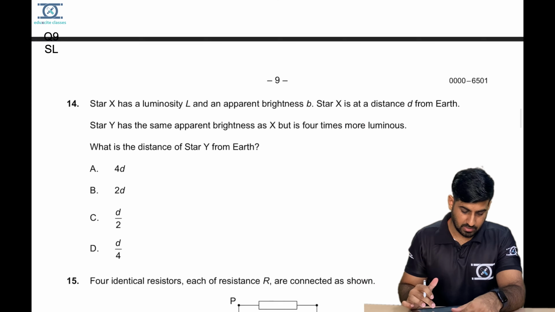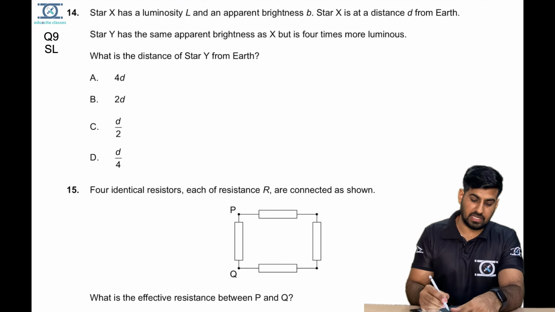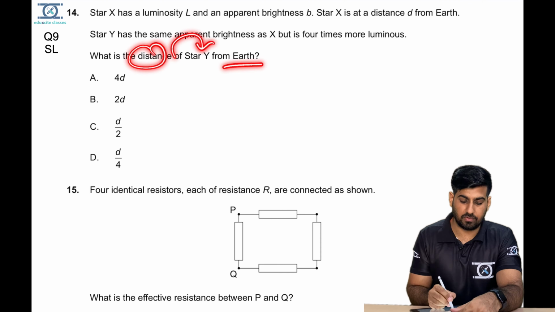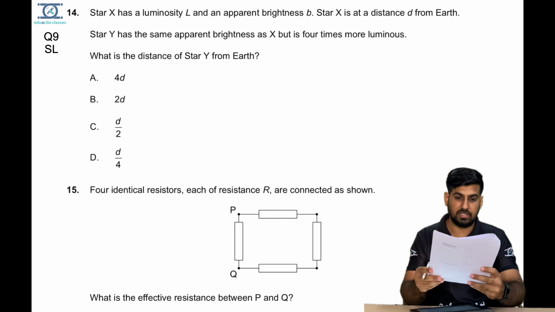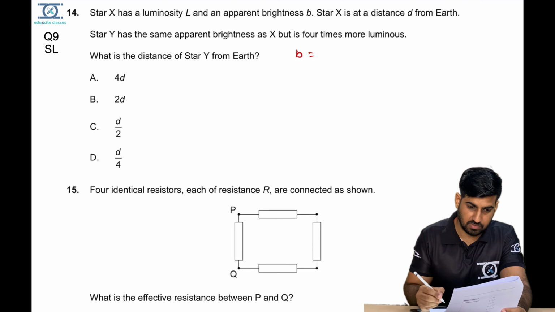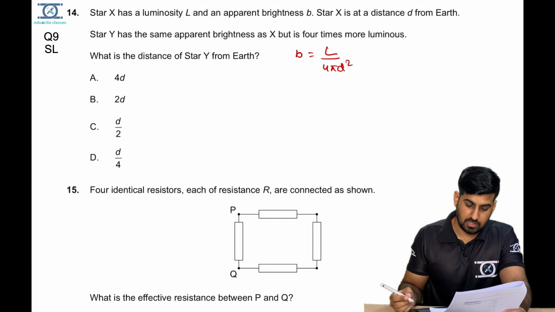Now question number 14, again no need to remember the formula. There are two stars. Star X has luminosity L and apparent brightness B, and star X is at a distance of d from the earth. Similarly, Y has the same apparent brightness as X, but it is 4 times more luminous. What is the distance of star Y from the earth? There is a formula given in your data booklet: apparent brightness is equal to luminosity upon 4 pi d square. So they have the same